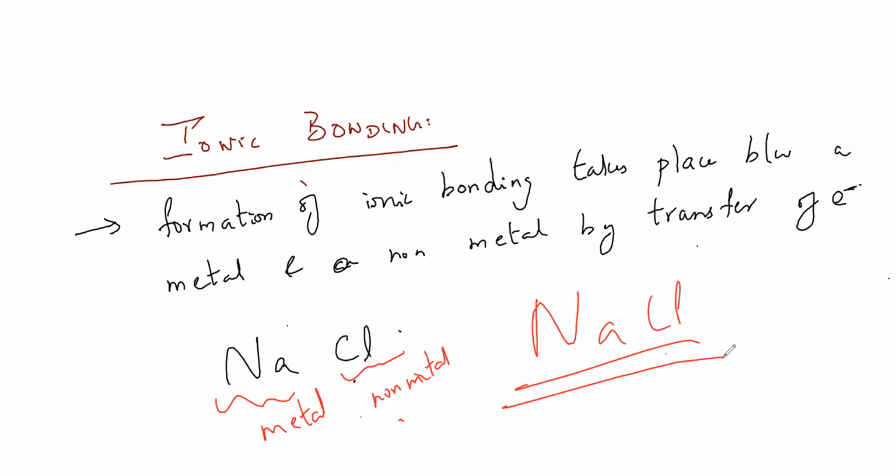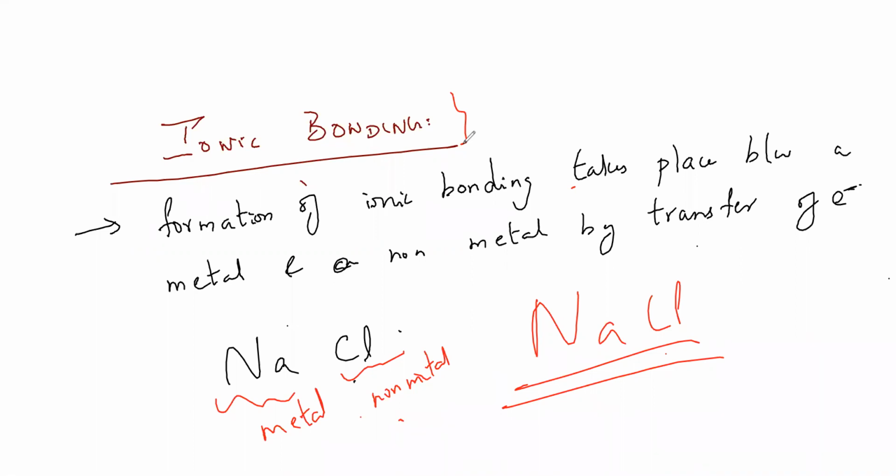The best example to remember what? Ionic bonding. We don't learn any of these things by heart. We remember examples and try to visualize. So how to remember this? If you study it by heart, like formation of ionic bonding takes place between a metal and non-metal, there is a chance of forgetting. Correct? So remember the examples and then try to do it. I hope you are clear with this.